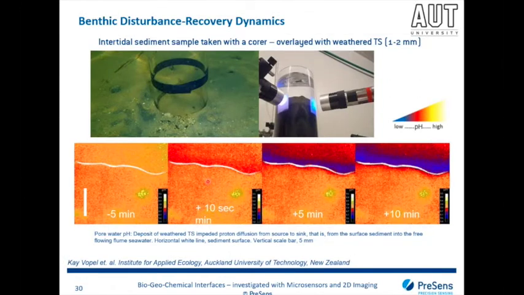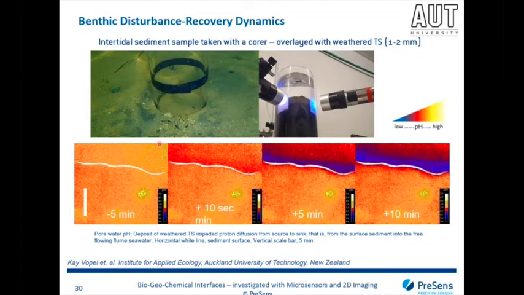My next example is, again, in the sediment core, on benthic disturbance recovery dynamics. In this case, an intertidal sediment sample was taken with the core, put into the lab, equipped with a pH sensor foil, and then recorded with the VisiSens A2 detector. At time point 0, you can see a pretty homogeneous pH distribution. The white lines indicate the sediment water interface line, and this is a scale bar which is around 5 millimeters. What you can see is that there's no steep gradient in pH right now in the